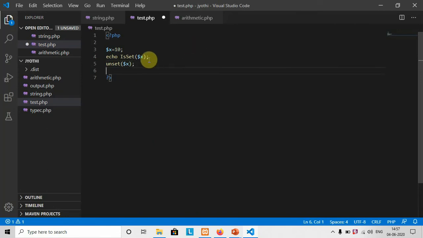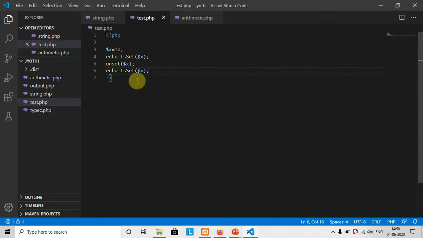So now I am going to change this variable x into null. Okay, now I can check the same case here. After making it unset, what will be the output? Here we have the code. You can see that initially it is 1, but the second value is not displayed. There is only one display. Whenever the boolean is false, it is not going to display anything. So it is a null value. Okay, so null value, nothing is displayed. So that is the case.